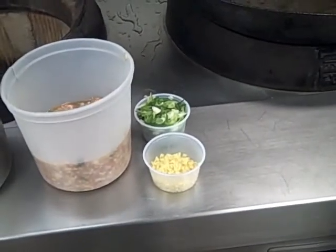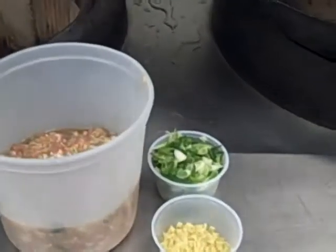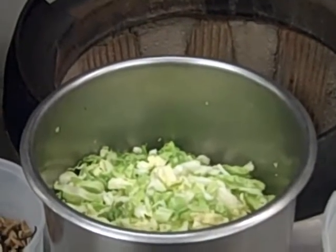Hi, we're in K1 and we're making Chinese hot and sour soup. We're going to make it in a wok. The ingredients that we need are ginger, scallions, ground pork, a chiffonade of cabbage cut so that it fits on